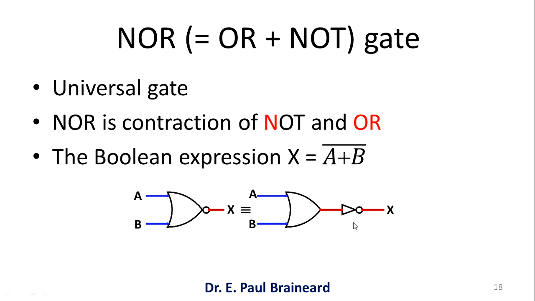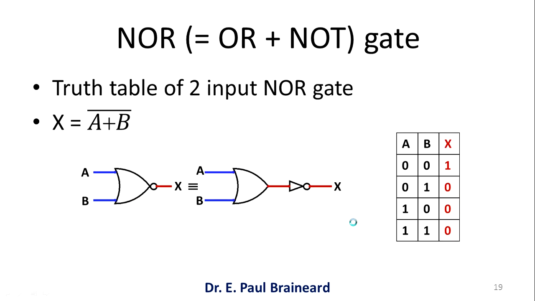The truth table is shown in figure. First write the output for OR gate. Then invert the output of OR gate using an inverter or NOT circuit. The output of OR gate is if at least one of the inputs is high, the output is high. Right. So for all these combinations, the output of OR gate is high, and if you invert one more time, the output will become 0.